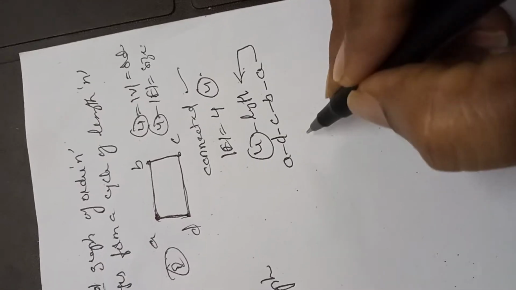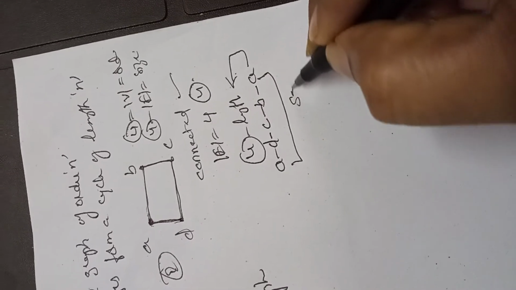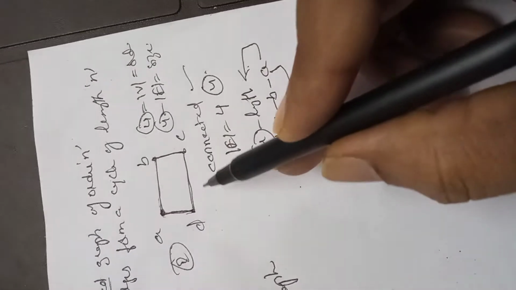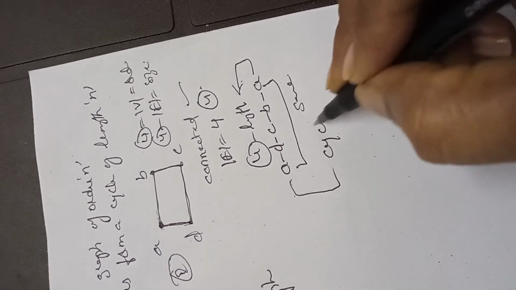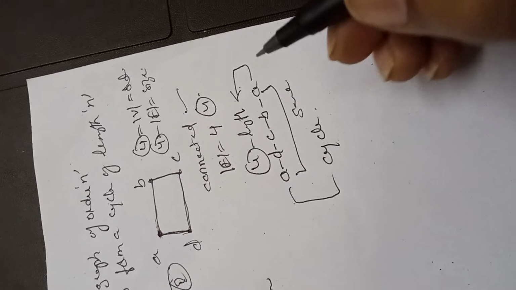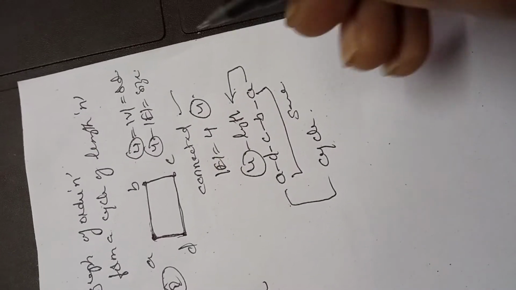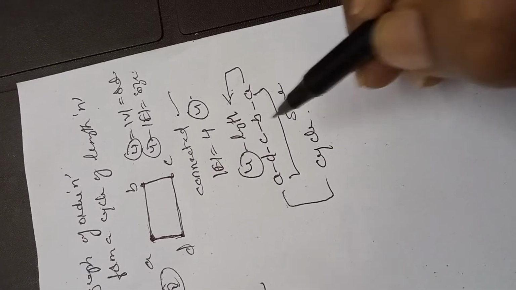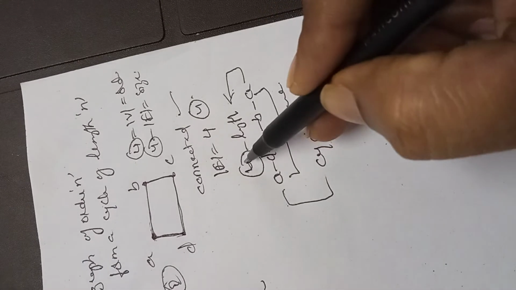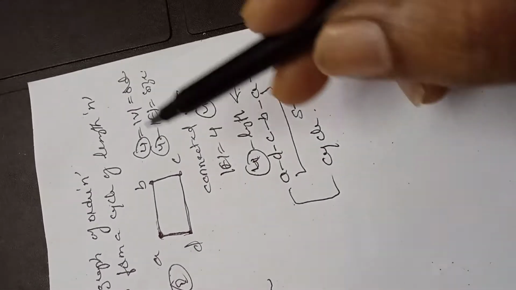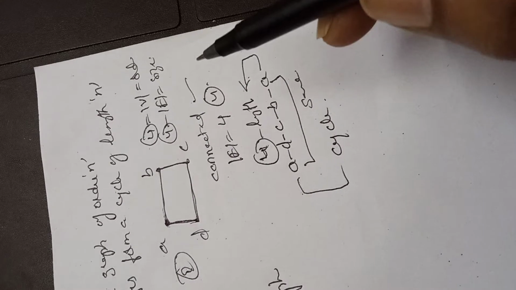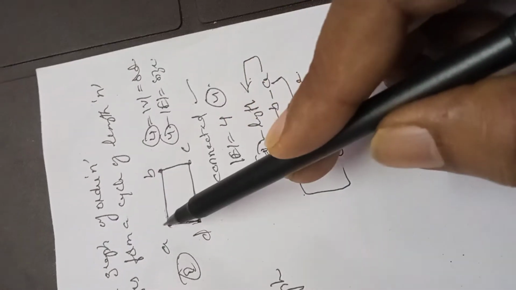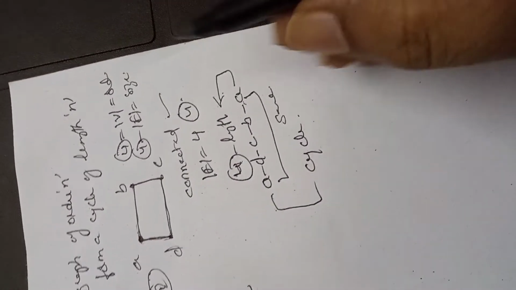Right? Now, the endpoints are the same. There are no repeated edges and no repeated vertices. Therefore this path is called a cycle. What do you mean by cycle? A path of length greater than or equal to 1. The condition is satisfied. The path length is 4 here, with no repeated edges. Edges are not repeated, and no repeated vertices. Vertices are not repeated in this path, except the endpoints, whose endpoints are the same. Therefore this is a cycle.